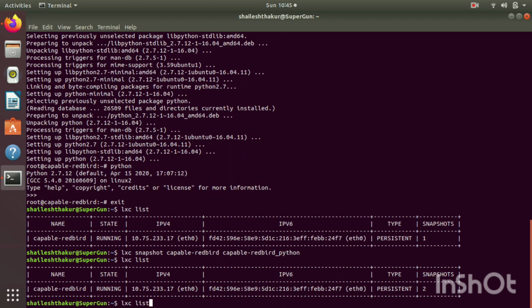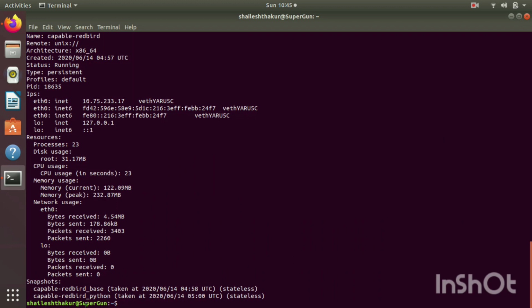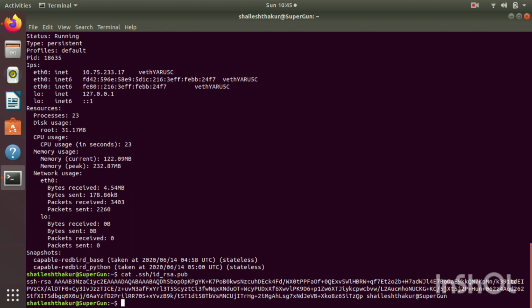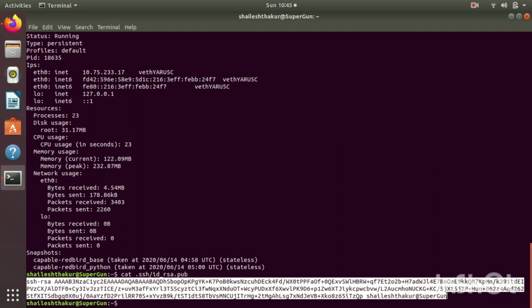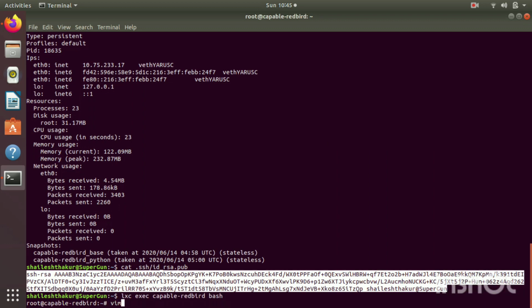Now I need to do the third step. I want to put my public keys in the image so that I can use it whenever I want to provision dynamically, so that it doesn't have an authentication problem. For that, I copy my public key from my local machine with cat ssh id_rsa.pub, then go inside my container and paste it into the authorized keys of the root user.